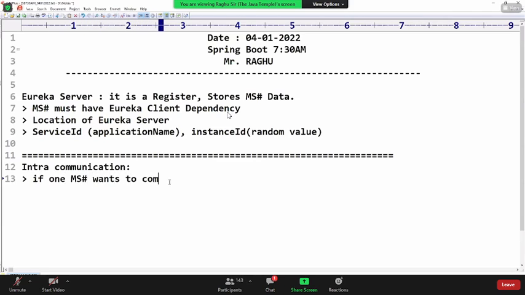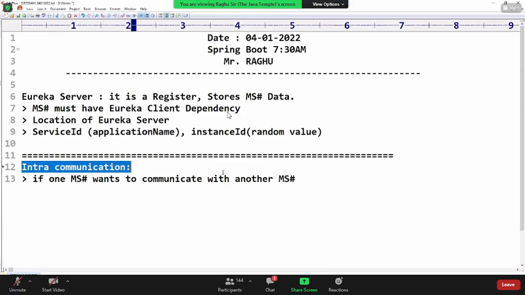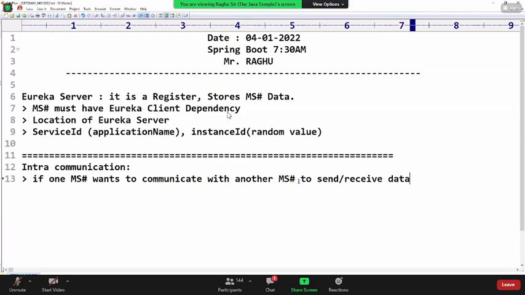If one microservice wants to communicate with another microservice to send or receive data, they want to exchange the data. Two microservices are there, they want to exchange the data. Then use any one of the below clients.